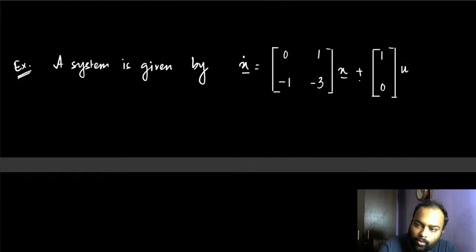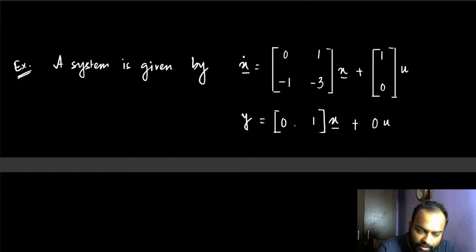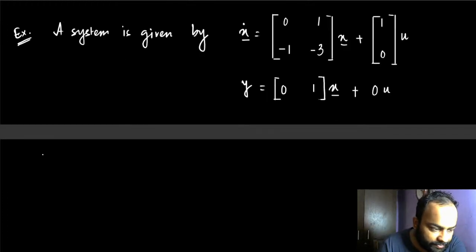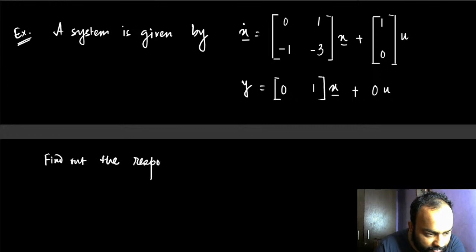You don't have to worry about what the transfer function might be. That is none of your concern right now. Then I'm simplifying this and say D is 0. Okay, D is 0, does not matter. So the question is, find out the response of the system